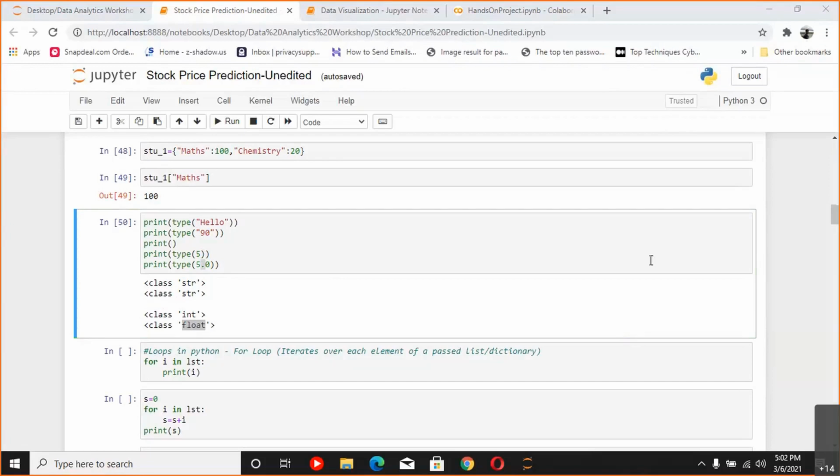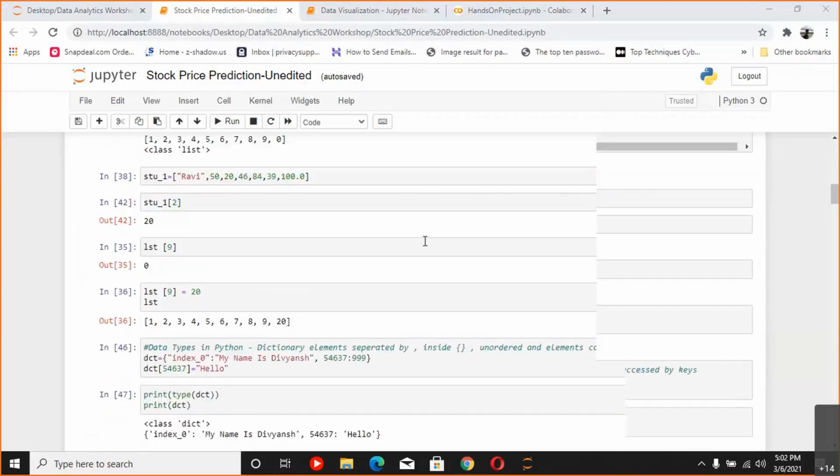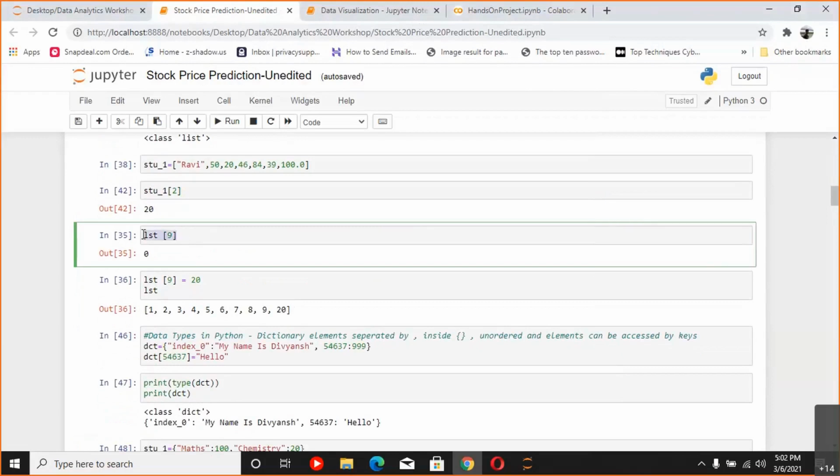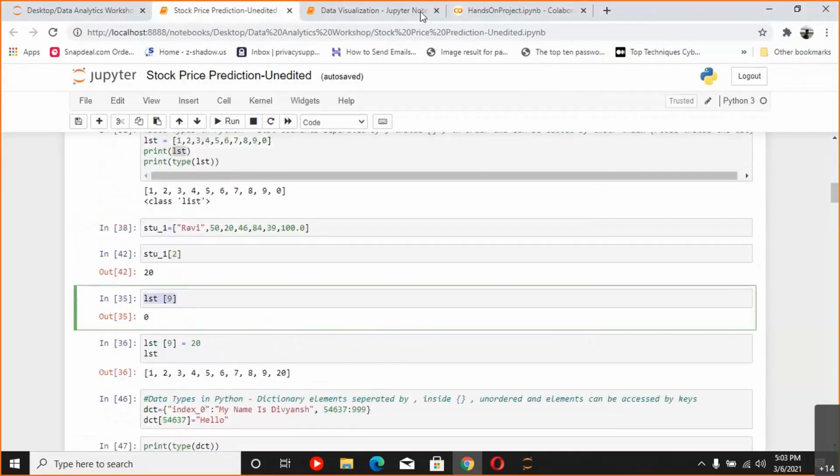Yes, say, what is the doubt? You mean this LSC9? What about this? Okay.